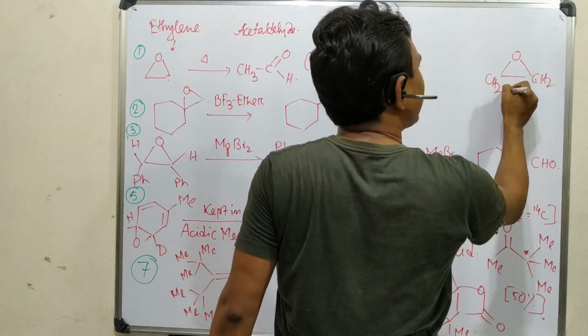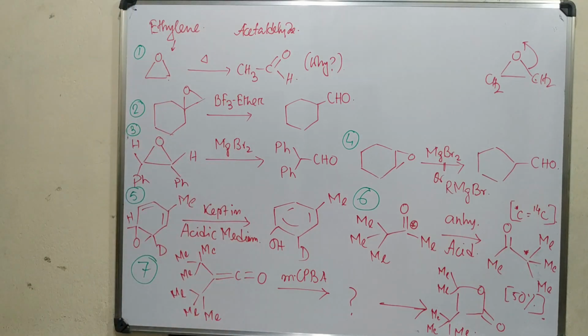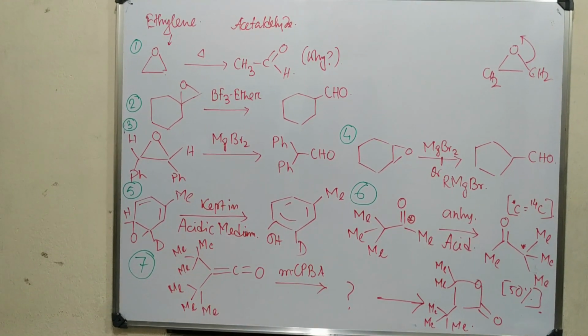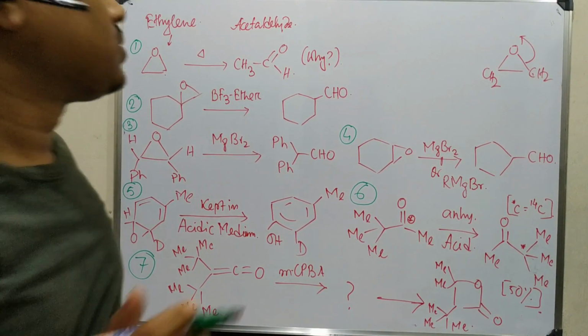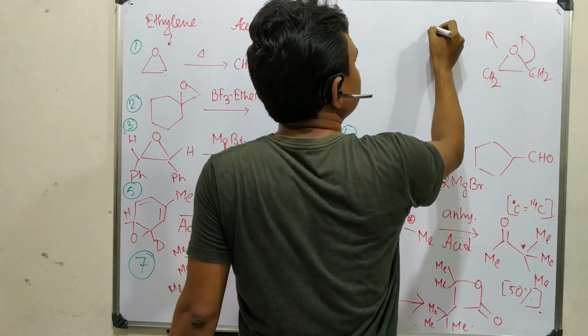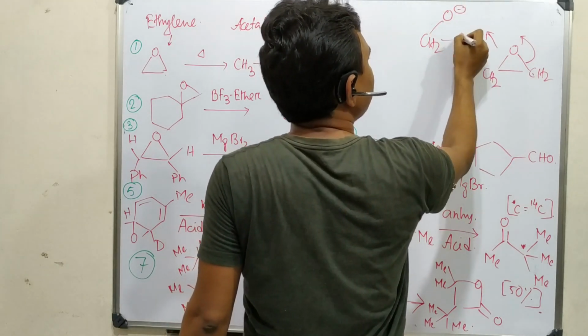What happens? It opens. If it opens, as we know that oxygen is the more electronegative atom, it is expected that the negative charge will go on the oxygen. If the negative charge goes on the oxygen, it will produce CH2 and O minus, and